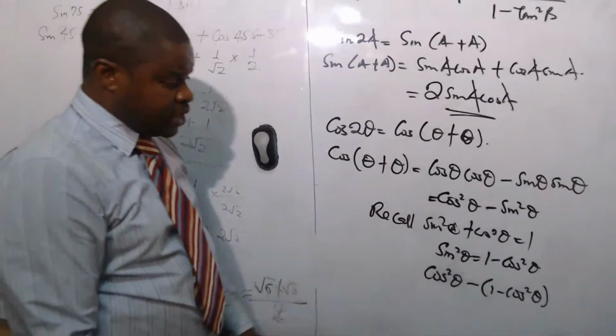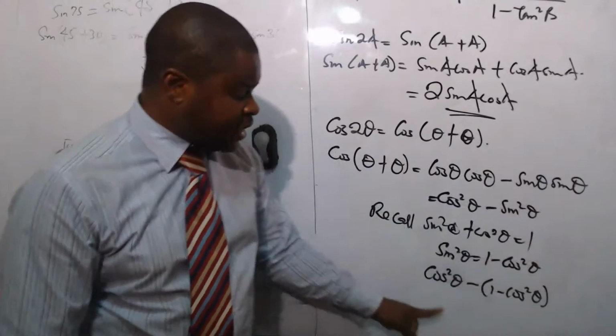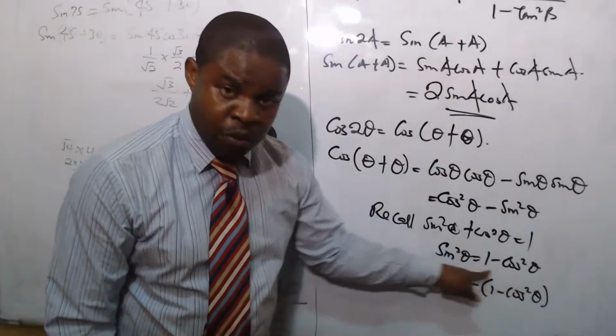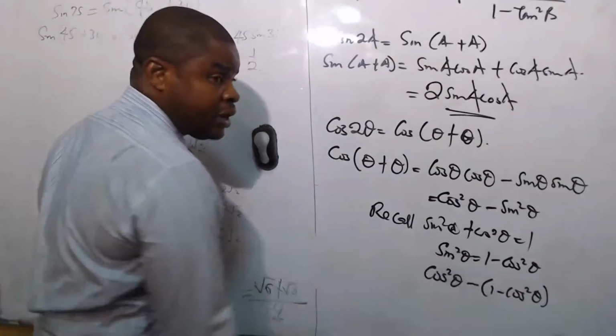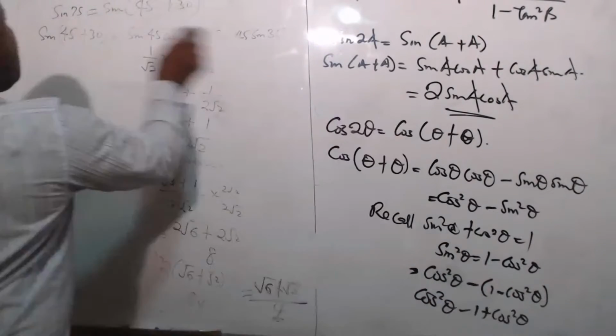We now go back again to the question. The question says cos square theta minus sin square theta. Now, instead of writing minus sin square theta, I put the value of this because they are equal. And that is what I've done there now. Then, when we open this bracket, you're going to have